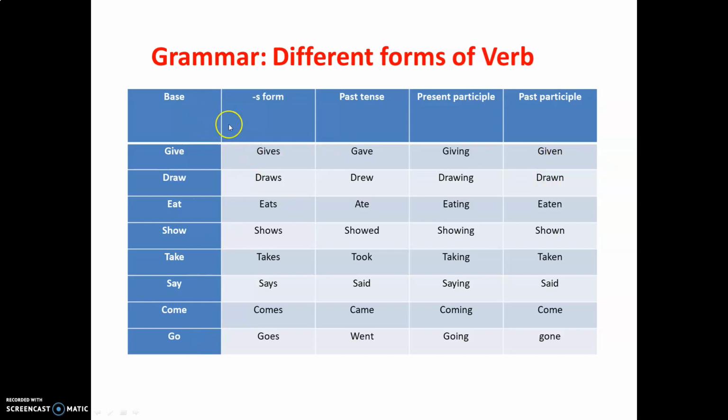So these are the base verbs. These are the S forms that are used in the simple present tense in the third person singular. This is used in the simple past tense. These are used in the continuous tenses, also the past and future continuous tenses. And past participles are used in the perfect tenses: present perfect, past perfect, or future perfect. So go through these verbs and try to make sentences and see whether you can understand it,